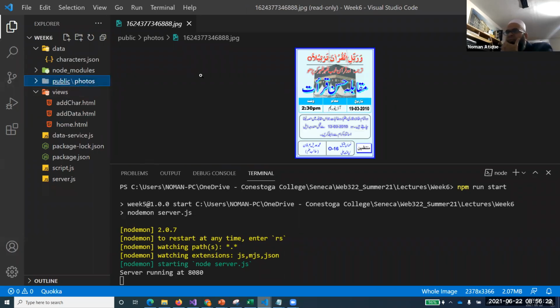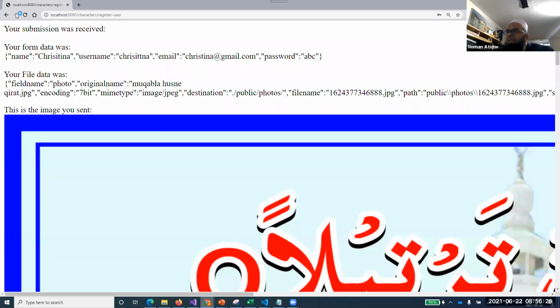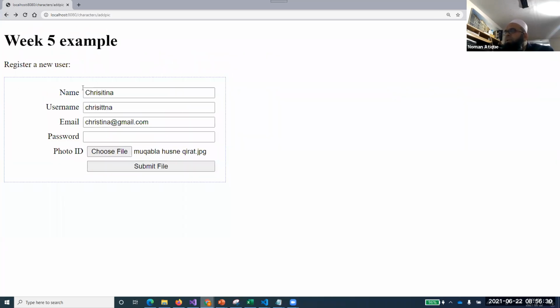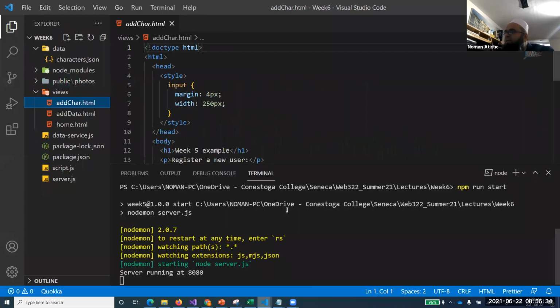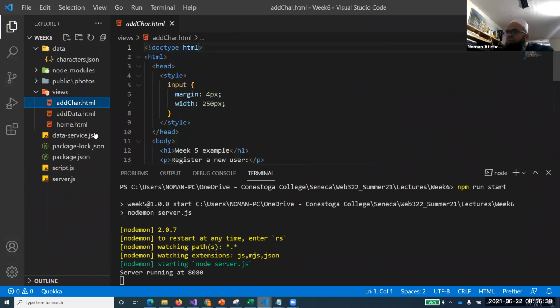So basically what we are saying is that we have this file running. Now what I'm expecting from you people is that you all have this type of form being created. So the picture is also being added. We can add the picture as well. So you can use this one, and you are just adding those pictures and all those things.